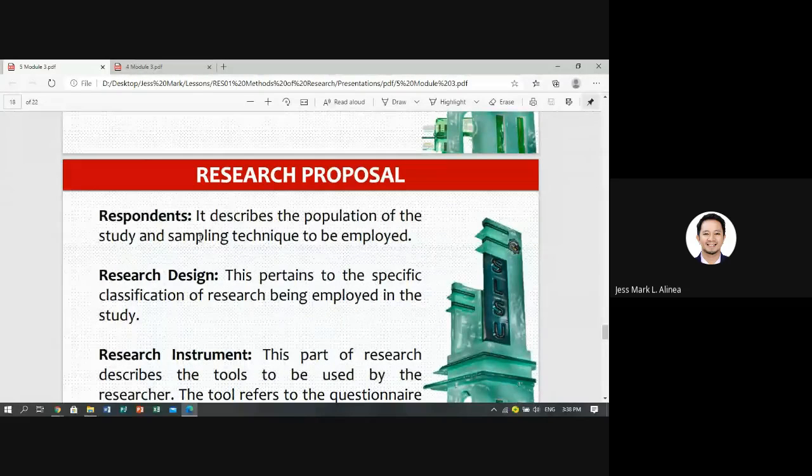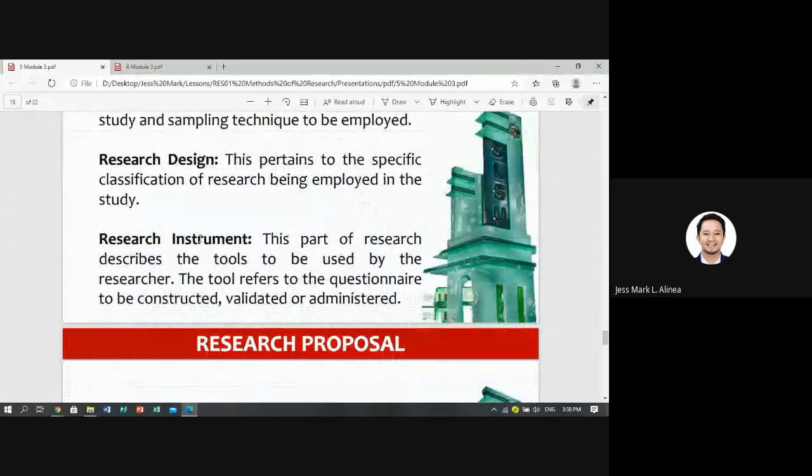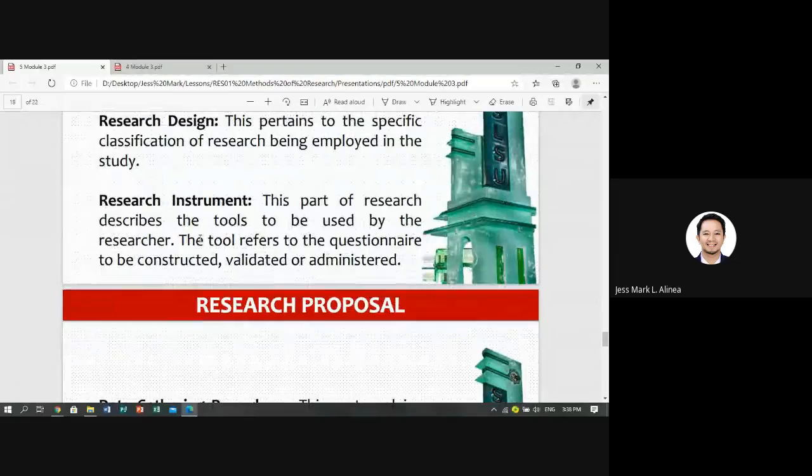Okay. Next is the research design. So, the research design is the type of research. For your case, ang i-detail nyo lang dyan ay developmental research. This research utilizes developmental research approach, and you define it, then may source ka. That's the research design. Para hindi naliligaw ang tao at alam nila, okay, developmental pala ang research na ginamit ng mga researchers.